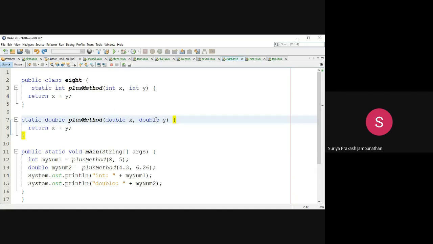So that is called method overloading. According to the parameter, it will call the particular method. Here I'm doing two different operations. When it is an integer parameter, I am doing the addition operation, x plus y. When it is a double parameter, I am doing the multiplication operation, x into y. So let's see